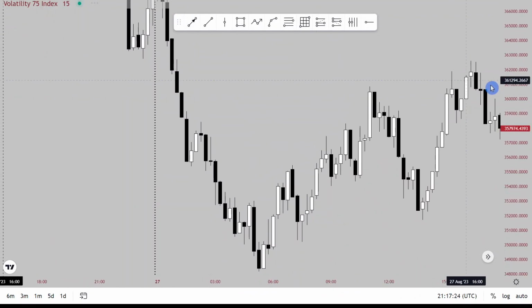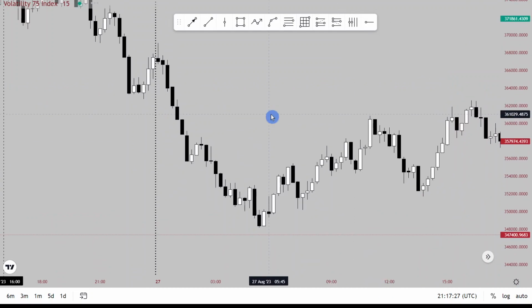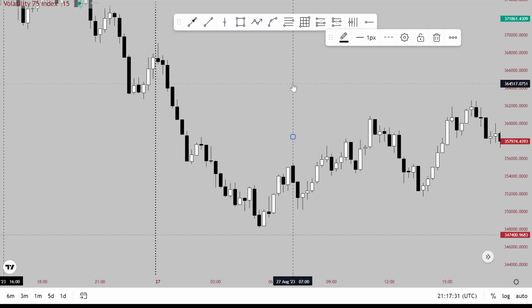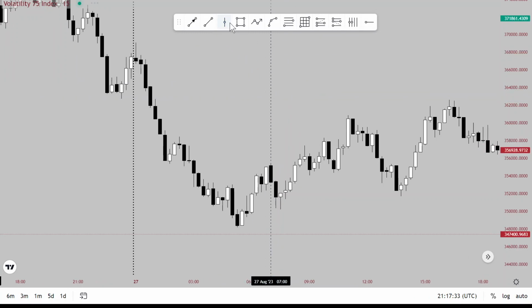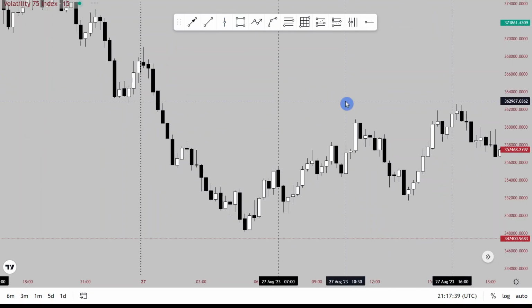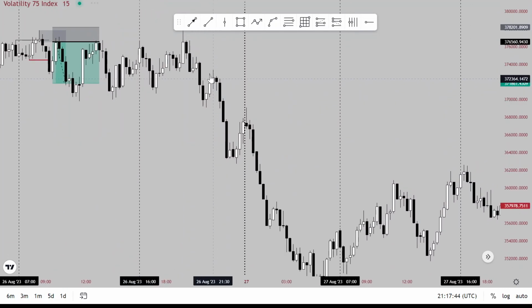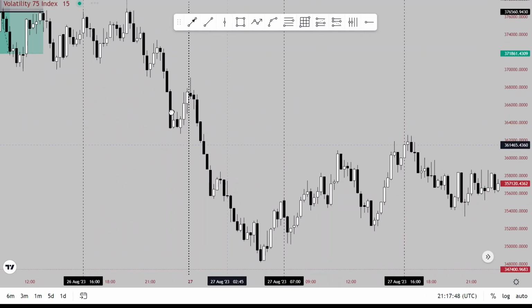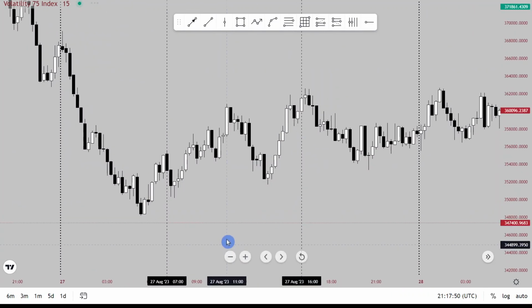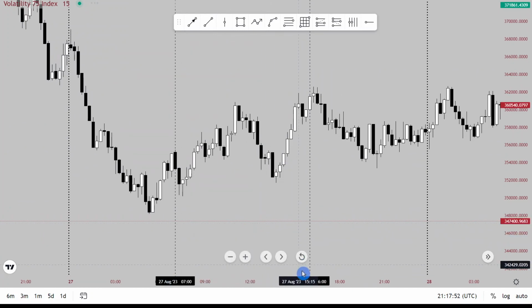So you can see that it is happening all over. This is a new day. Let's mark 7 to 16. That's 4 p.m. Okay. So for all the previous examples we didn't have previous manipulation between 12 to 7. Okay. But in this current example that we are looking at, between 7 to 4, for this particular day, by